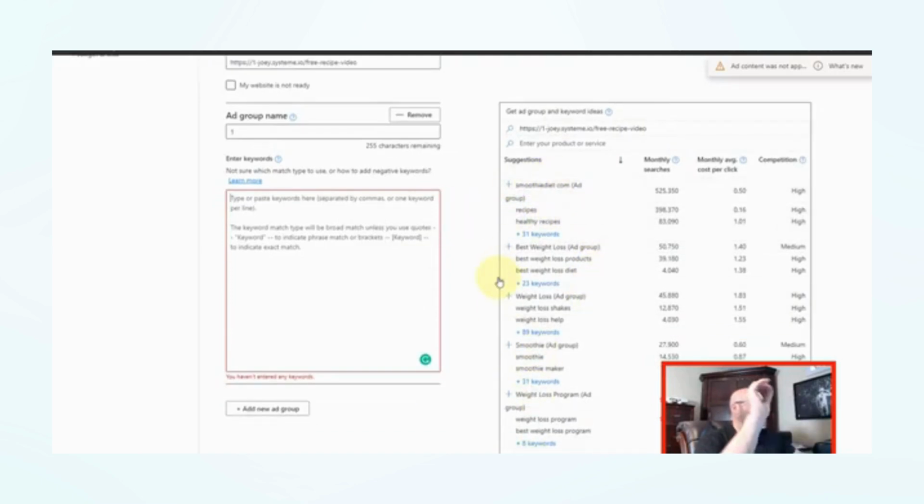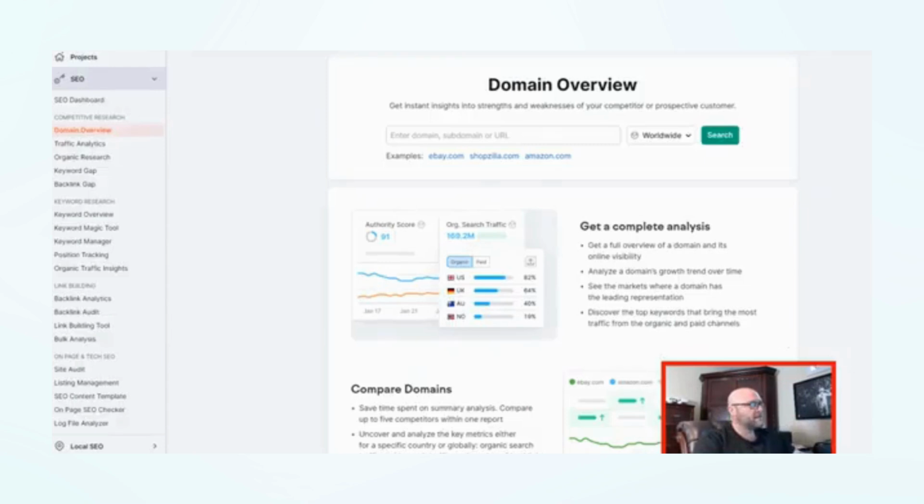But I have a better way of getting the best keywords that you can run for this campaign, because we're going to be targeting keywords that people are searching for. Which ones are the best? Let's head on over to a tool that I use frequently. It is free if you go to